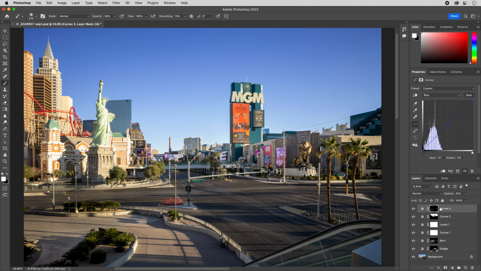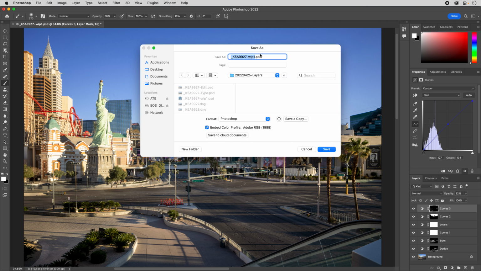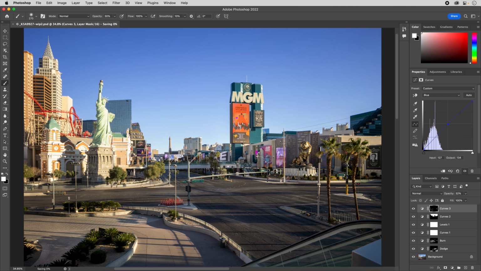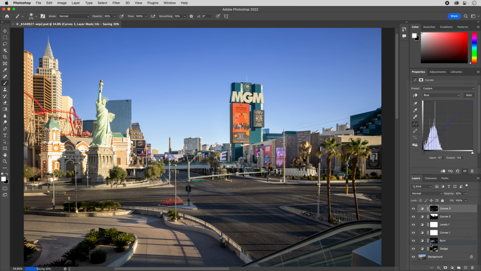And so at this point, what I would do is a Save As, and I would change the 1 to a 2. This is my work in progress 2. And my work in progress 2 has any selective color moves, my overall tone move, my overall color move, my dodging, and my burning. And then I'm going to use my submenu here, and I'm going to flatten my image